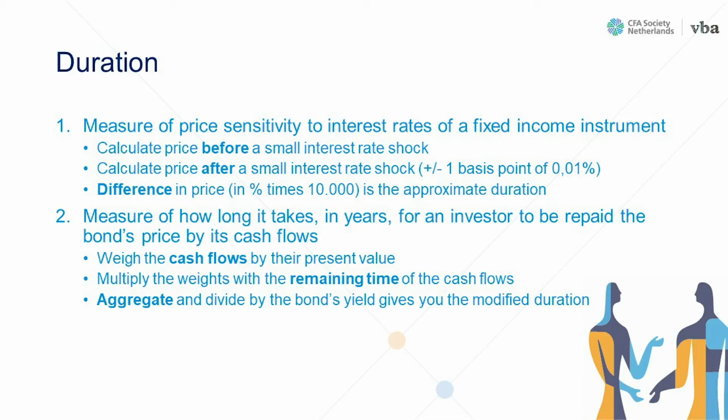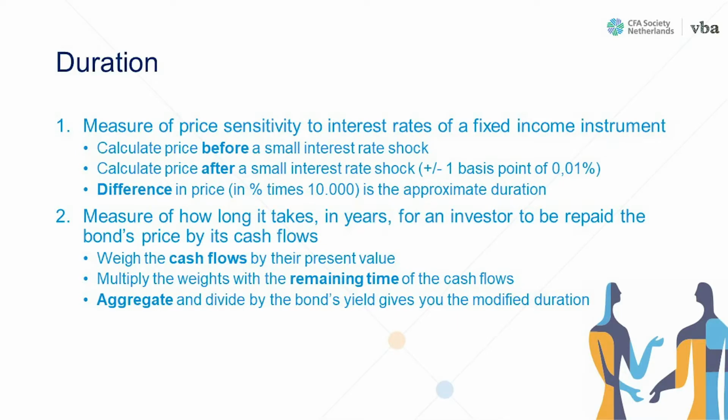An important aspect in this discussion is duration. Duration can be explained in two ways. First of all, it's a measure of price sensitivity to interest rates of a fixed income instrument. It can therefore be calculated by calculating the price before and after a small interest rate shock, usually 1 basis